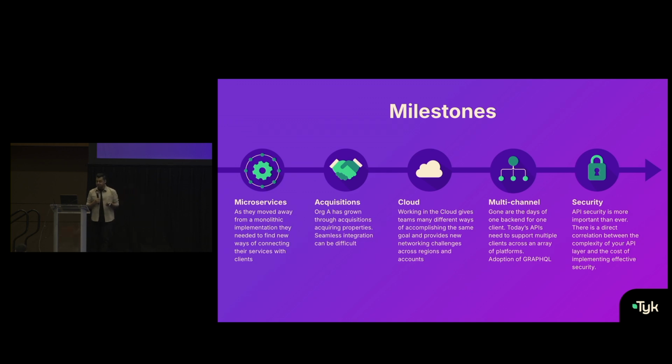There might be acquisitions that you might have done along the way. You might have moved to the cloud because you want to be closer to your audience, closer to your end users. You might have gone multi-channel because you're no longer looking at just a single protocol, but you're also thinking maybe GraphQL, maybe gRPC, maybe event APIs or async APIs are going to be valuable in this case. Your security requirements have now expanded because the surface area of attack has expanded significantly. So these are some of these milestones that tend to be typical for large-scale organizations and enterprises.